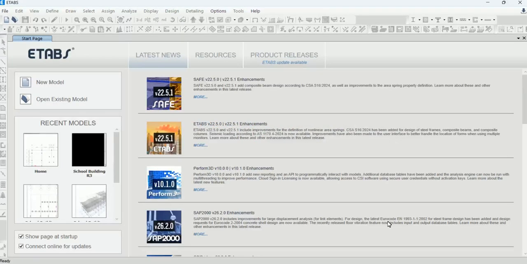Today we are going to do the modeling of one building, and we are doing the structural analysis of the building in ETABS. ETABS is a very useful software for the modeling, analysis and design of building structures. So today is a very important, critical use of ETABS, and mostly it depends on the codes and